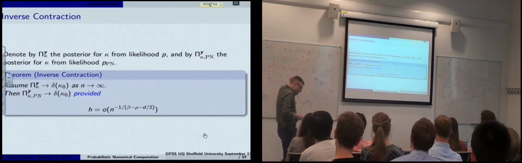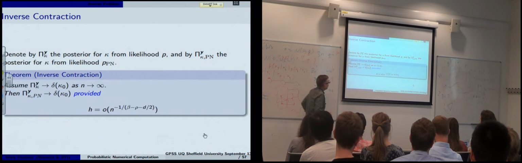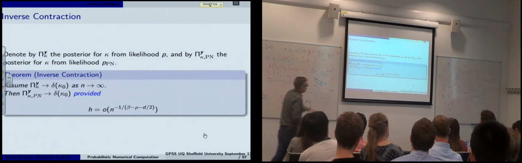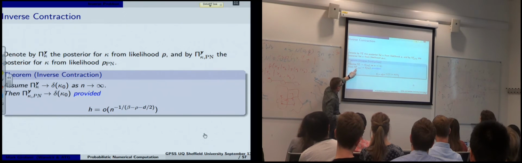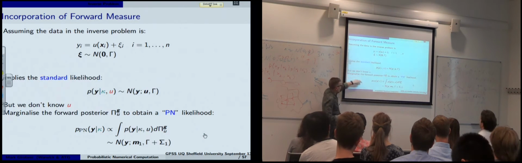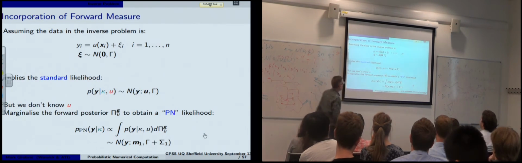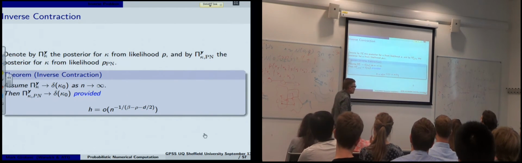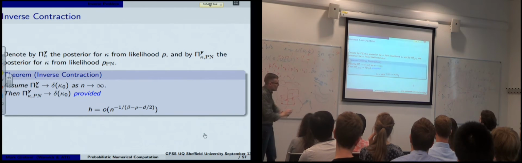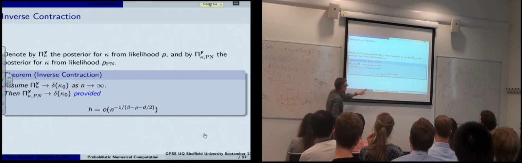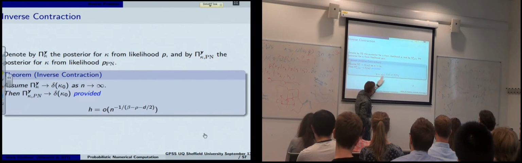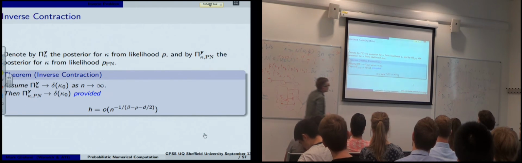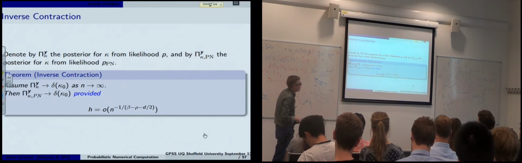And again, a little bit of theory tells us that the posterior for kappa, given our data, if we use this likelihood here, will contract to a Dirac, provided that the fill distance or the mesh size in our numerical procedure satisfies this condition here. So h is going to be of order